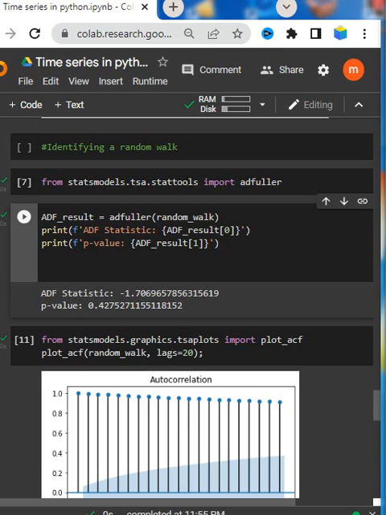Let's see, first you try to understand the random walk. You need to check whether your data is a random walk or not. If you are taking any data, like stock price data and other financial and other sectors' data,